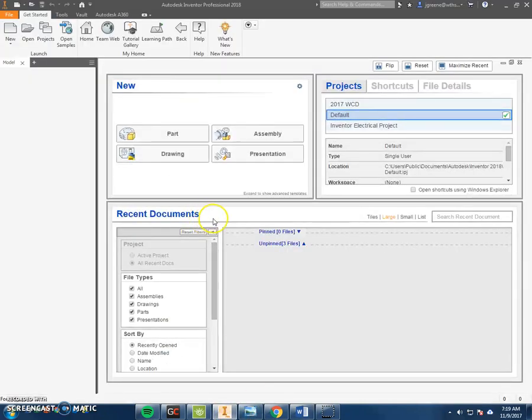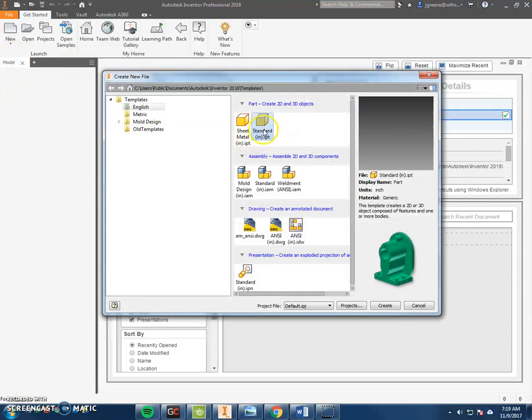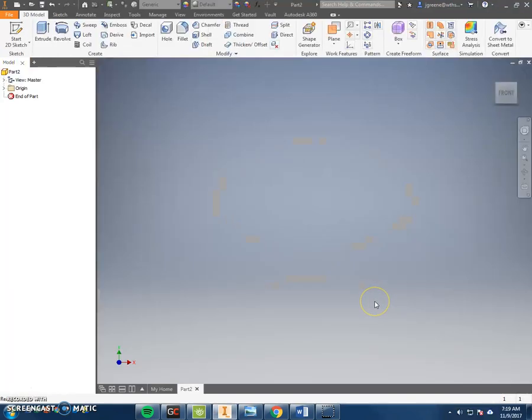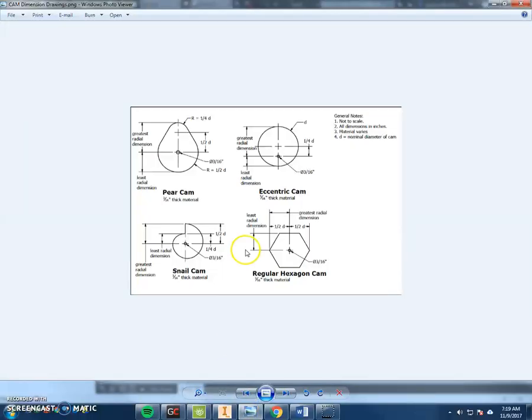So inside Inventor, I'm going to go ahead and click New, and I'm going to select a new standard part, and I'm going to hit Create. Our background is going to come up, and I'm going to take a look at my Pear Cam. In this case, my Pear Cam has 2 radiuses attached with tangent lines, and it gives us a center distance between the arc at the bottom and the arc at the top, a 1/2 inch, and then a 3/16 inch hole. Since I'm going to be doing a 3.5 inch